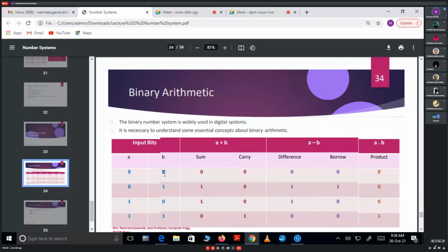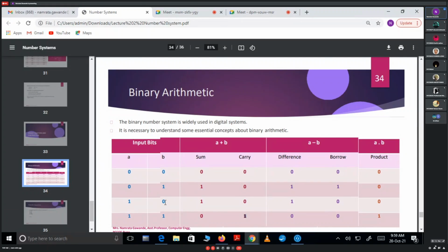In digital electronics, the binary number system is used, and for 2 bits there are 4 combinations: 0 0, 0 1, 1 0, 1 1. For 0 minus 0, the difference is always 0. 0 minus 1 is always 1, but in that case the borrow will be generated. 1 minus 0 is fixed. This is the standard representation for subtraction, which you have to learn as it is. 0 minus 1 always gives difference 1 and borrow 1. 1 minus 1 is always 0.